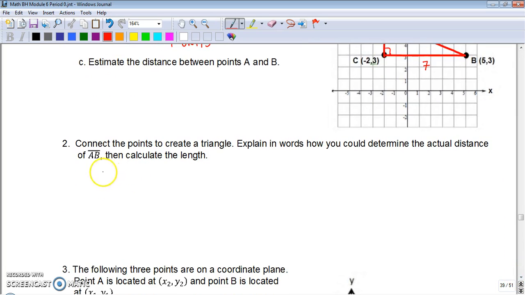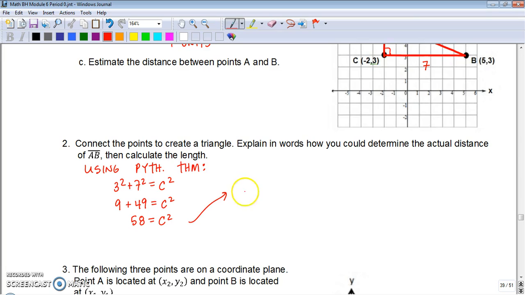So using the Pythagorean theorem, I'm going to have 3 squared plus 7 squared equal to C squared, which is 9 plus 49 equals C squared, which is 58 equals C squared. Which means that C equals the square root of 58